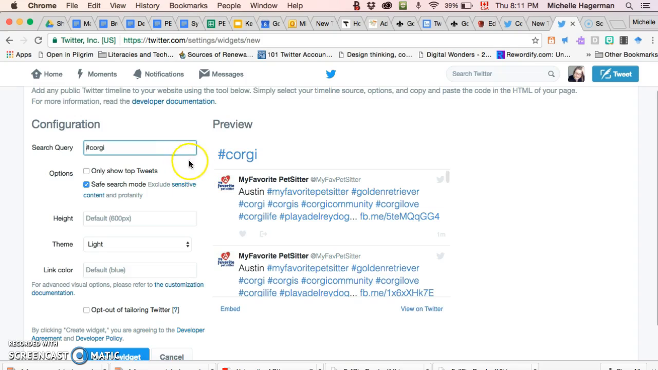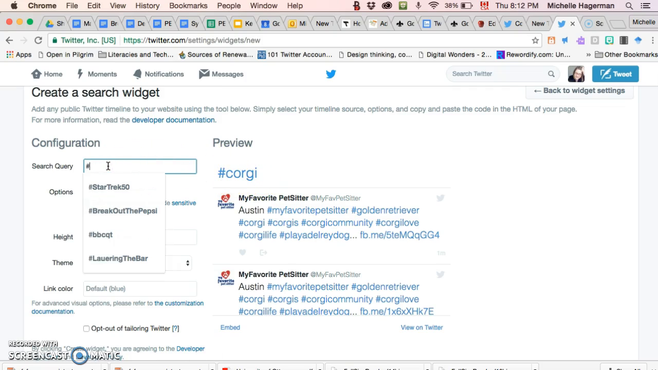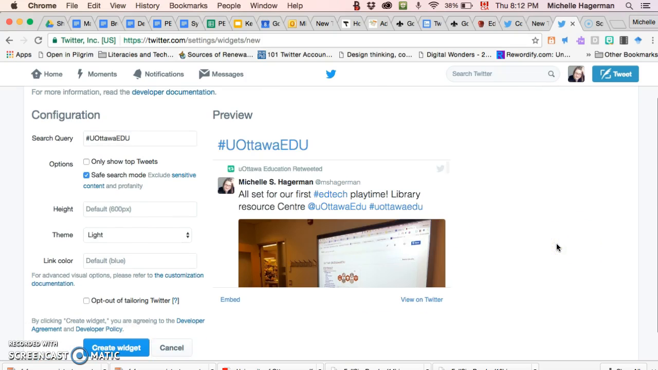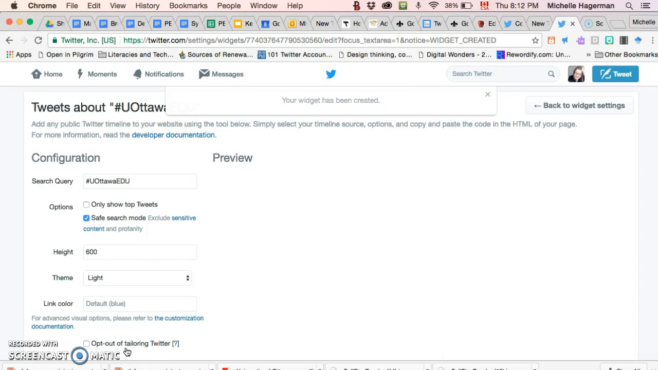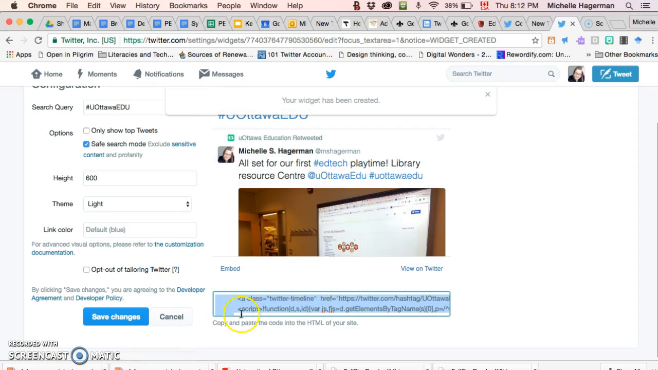So this is what a search configuration looks like, right? If I wanted to create something that had just a hashtag like that, I would do that. But I actually want to create one that is a configuration for U Ottawa EDU, and I'm going to click on Create Widget. Okay, so the widget has now been created, and what I need to do is copy this embed code that it generates for me. So I'm going to just Command C, copy that, and